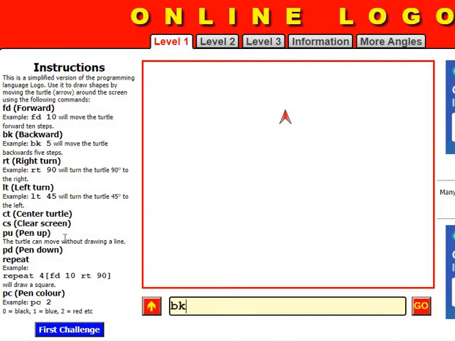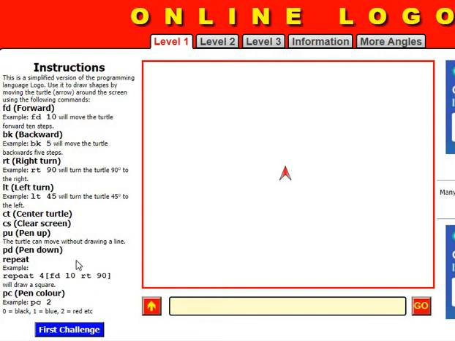Okay, then BK 30, turtle is moving, not drawing any line. Okay, you can move the turtle without drawing any line. Then FD 20, turtle is moving without any line. Okay, again if you want to draw the line, you need to pen down.